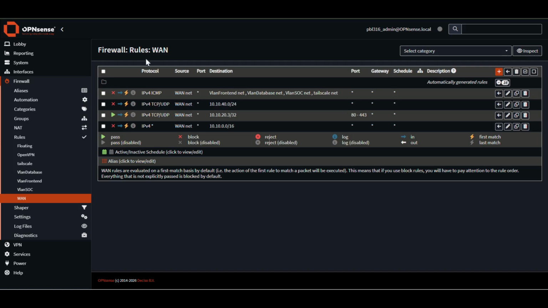Under the firewall rules, we enforce a strict security policy. All general access to the internal network and ICMP ping requests are completely blocked. However, we explicitly pass HTTP and HTTPS web traffic on ports 80 and 443 strictly to the web server at the IP 10.10.23. Next,